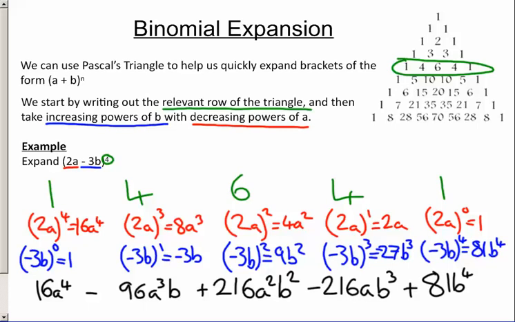So that is the expansion of 2a minus 3b to the power of 4. And that's how we use Pascal's triangle to help us expand binomials. We write out the binomial expansion, the coefficient, the Pascal's triangle row. Then we write out the first term in